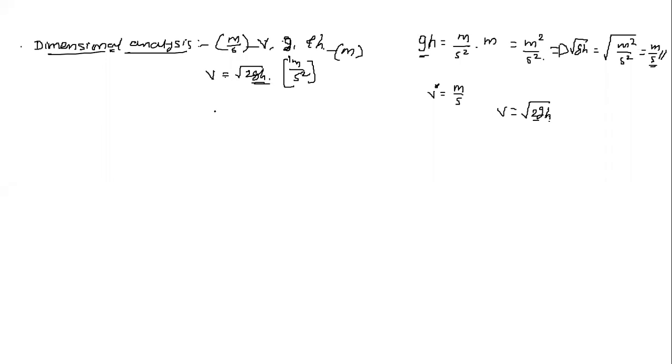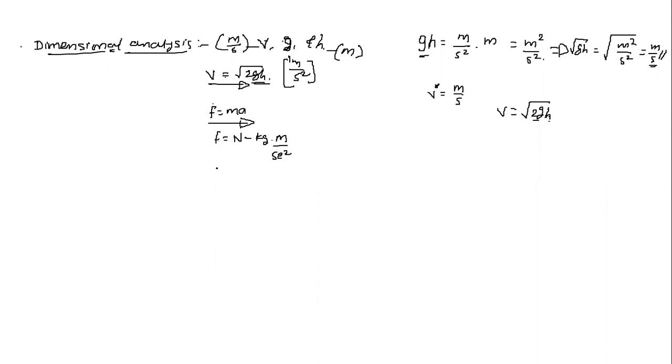It may happen that if we consider force, then force is nothing but mass into acceleration. That means for checking the functional relationship of the involved physical quantities, we need to go for dimensional analysis with the help of their units. So as with v is equal to root 2gh, we will now check force is equal to mass into acceleration. Right now we have assumed that this is an existing relationship. Now if you consider the units, the unit of force is the Newton, which is nothing but kg into meter per second square.